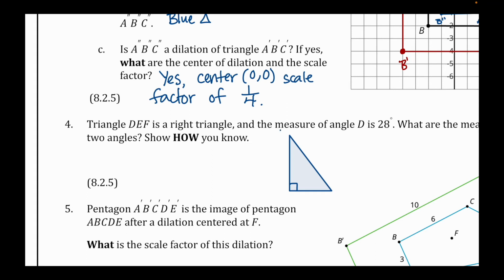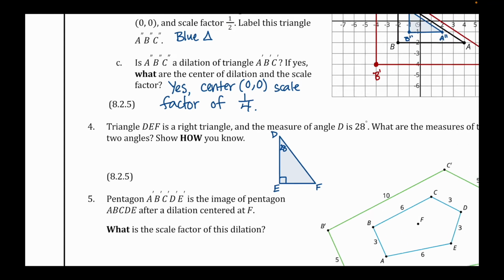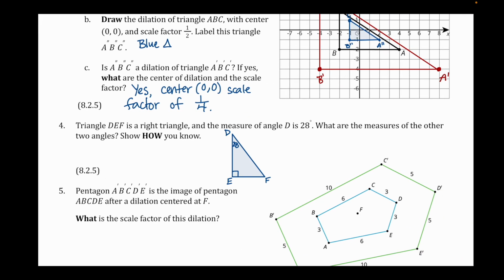So we'll label this, I guess, D, E, and F. They told me that D was 28 degrees, and they want to know what the other 2 angles are. Well, you could have labeled it a little bit differently. So you might say F was the right angle. In this case, I'm saying it's E. So I'm going to say angle E